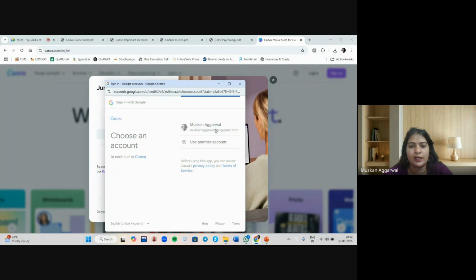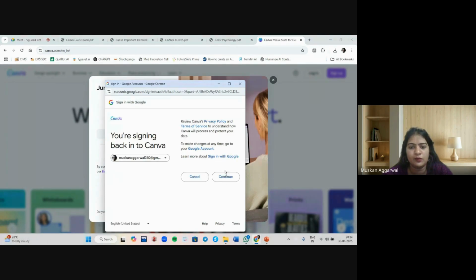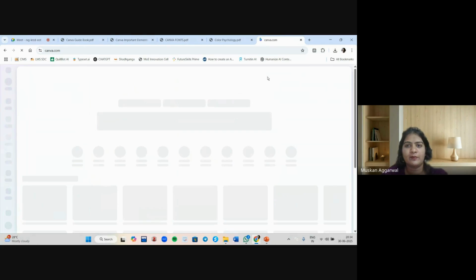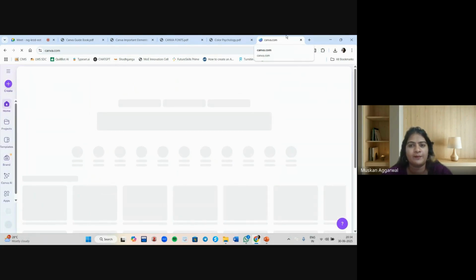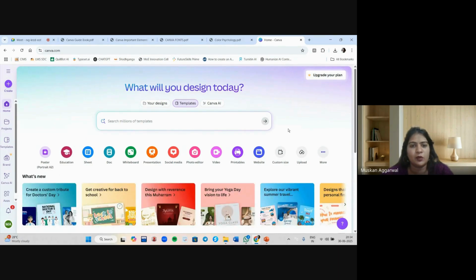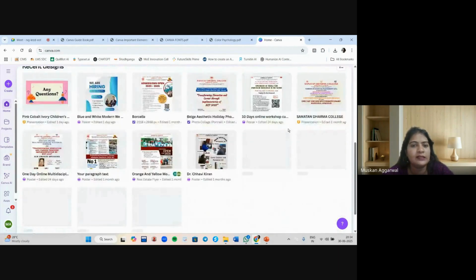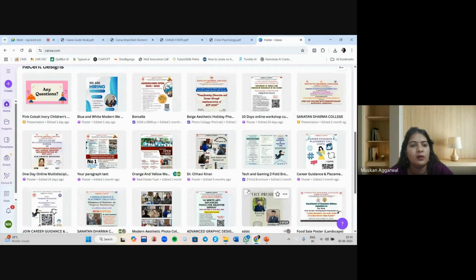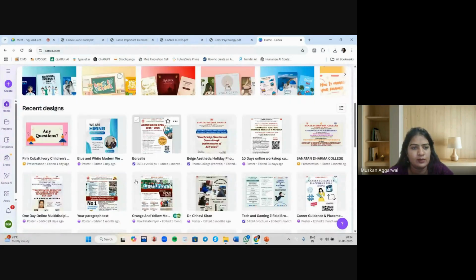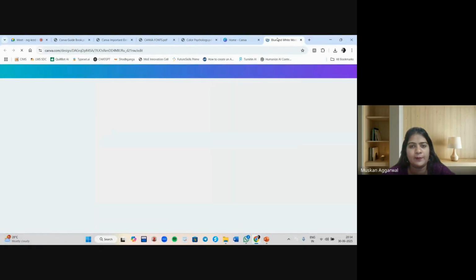You just need to select your email ID with which you are already registered. So you can see my dashboard window is totally according to me, and these are some of the templates I have already used for my education. And like this, if you open this template,